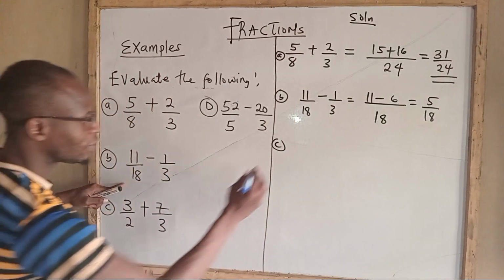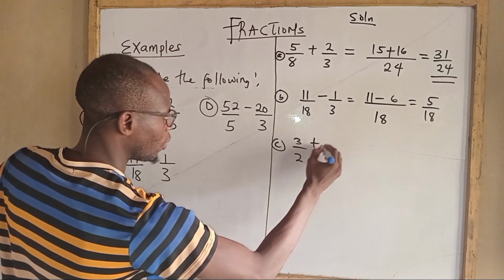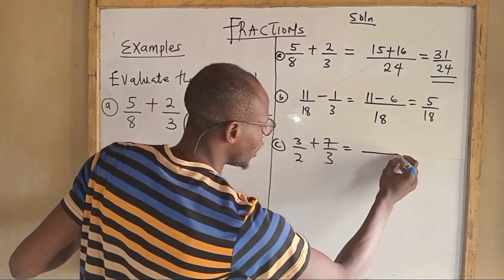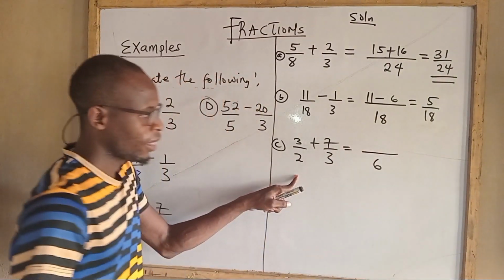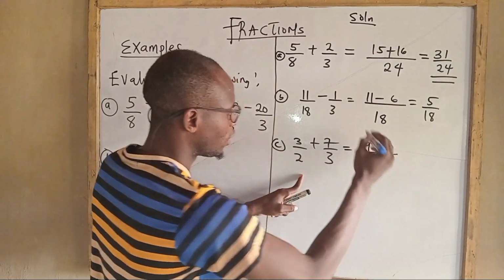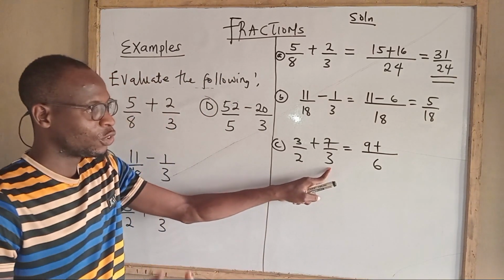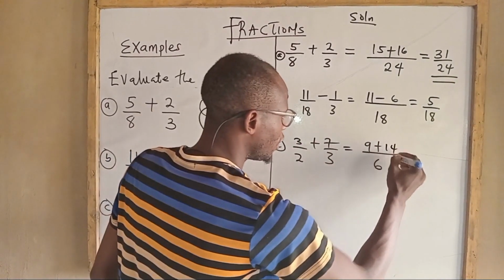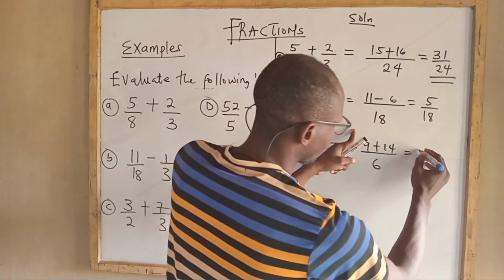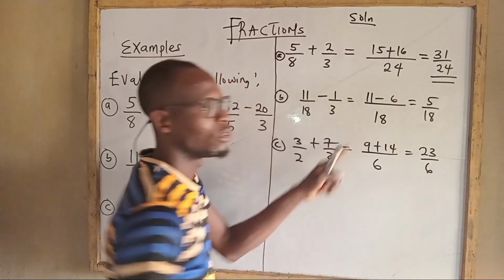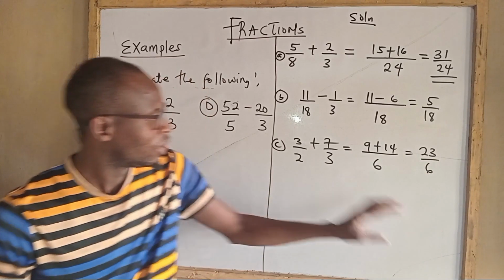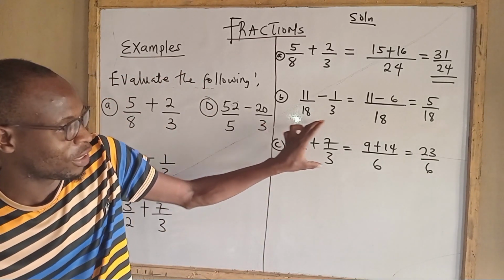So the next one is 3/2 plus 7/3. Look, the LCM here is 6. So 6 divided by 2 gives you 3. Then 3 multiplied by 3 gives you 9. Plus, 6 divided by 3 gives you 2. Then 2 times 7 gives you 14. So when you add 14 plus 9, that should give you 23. So this is 23 over 6. Alright? So if you look at this expression now, you have an improper fraction plus another improper fraction,